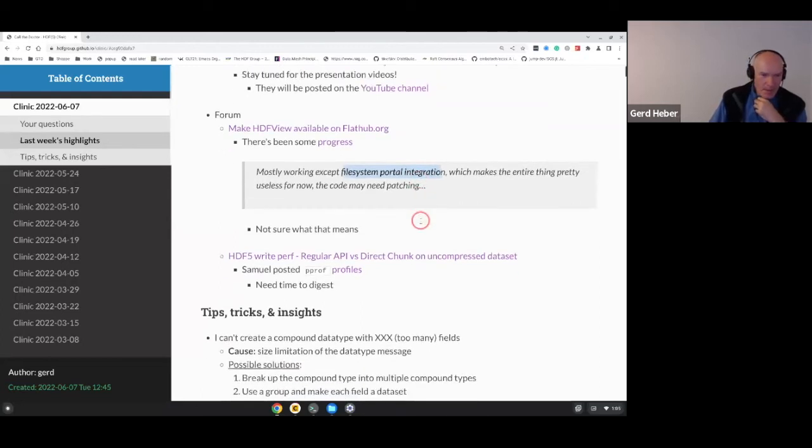And then there was an update on this thread, remember, where we were looking at HDF5 write performance. We were looking at direct chunk writes with H5Dwrite_chunk, and then writing to a chunked dataset with H5Dwrite, versus writing to a contiguous dataset and trying to explain the difference in performance. And the creator of this thread, Samuel, actually posted